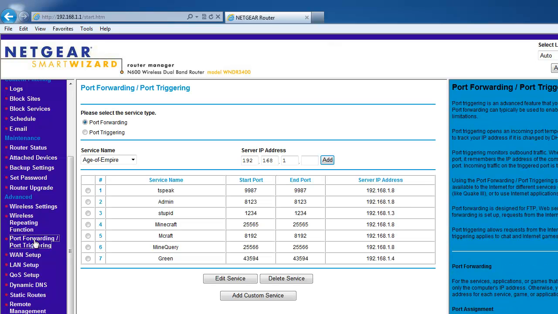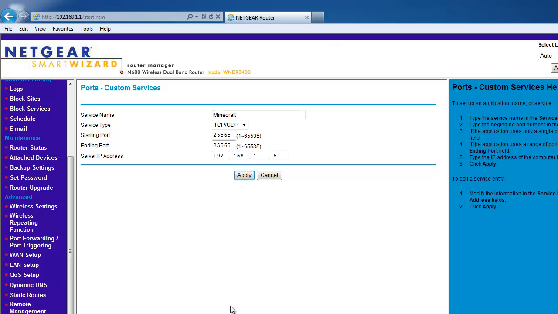So it's going to port forwarding here. And here's my Minecraft server right here. Default port 25565. I got a whole bunch of random stuff. 25565. So we're going to go ahead and click on Minecraft. We're going to edit it. So basically, when